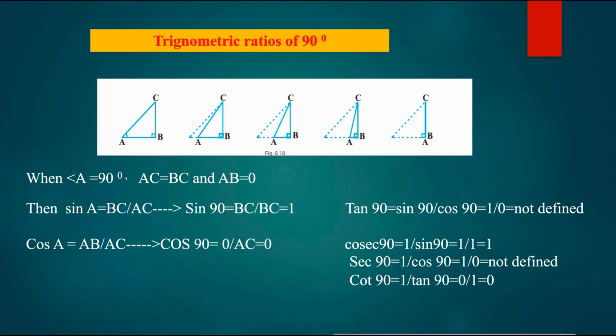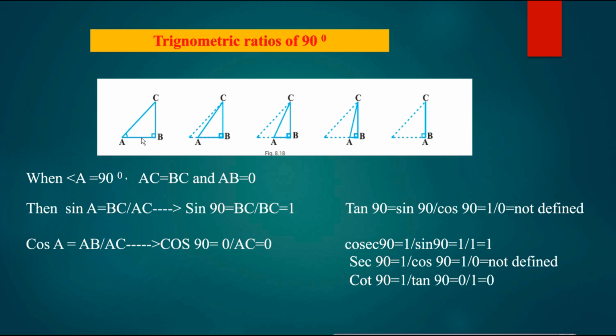Next, trigonometric ratios of 90 degree. Again consider one of the acute angles. We are considering the acute angle A. Now A should be 90 degree. We are finding out trigonometric ratios of 90 degree. So A should be 90, here also 90, then total 180 degree, here 90, here 90, so this becomes 0.